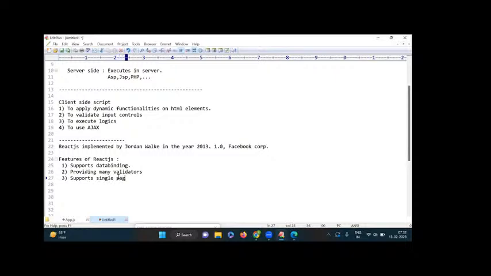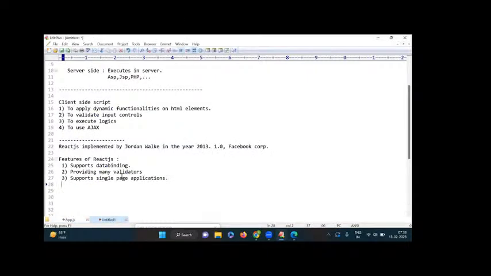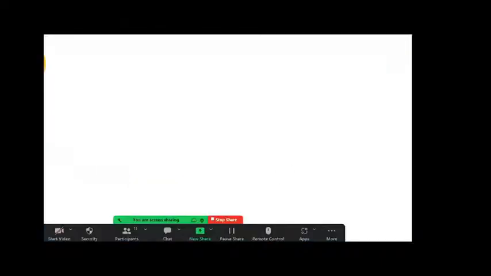Next, the advantage is that React supports single page applications. What is a single page application? What is the advantage of a single page application? It is a very important and very popular concept. I will give you just a simple overview. See, for example,